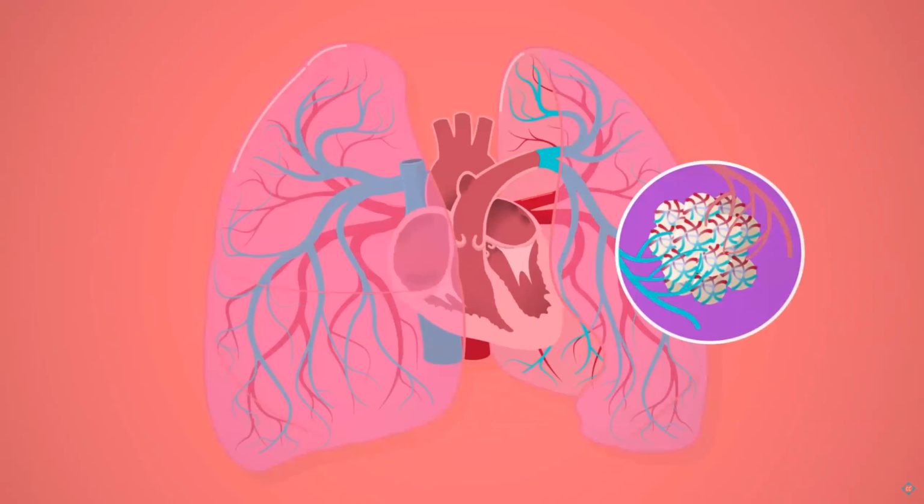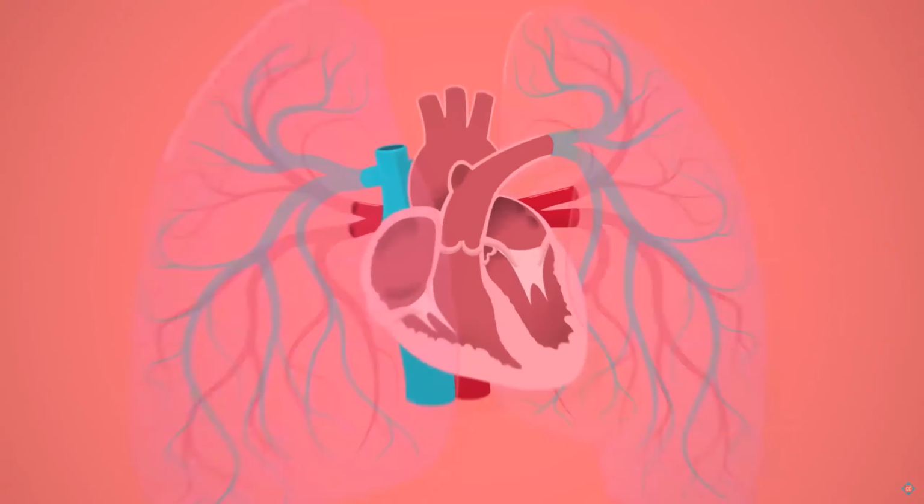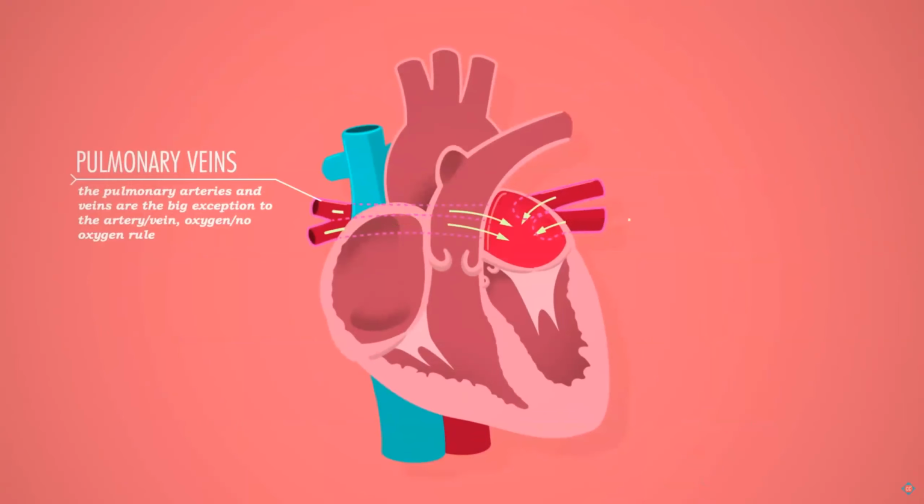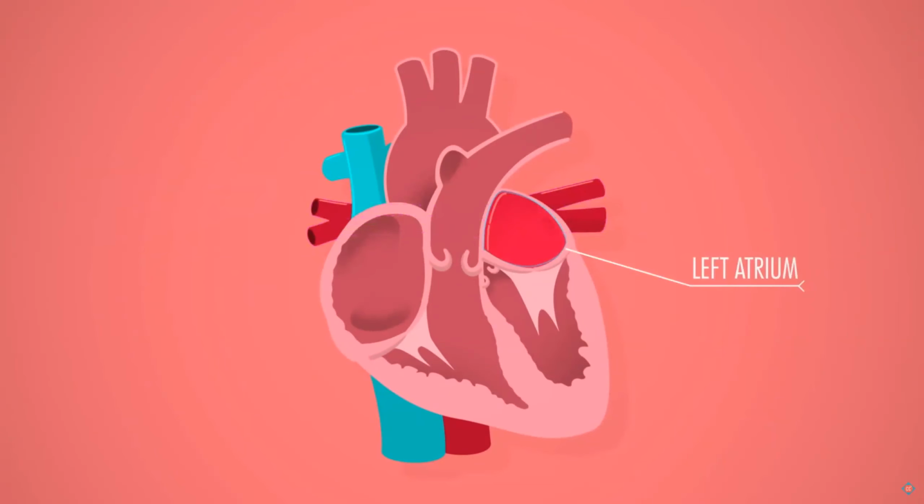It finds its way into very small, thin-walled capillaries, which allow materials to move in and out of the bloodstream. In the case of the lungs, oxygen moves in and carbon dioxide moves out. The blood then circles back to the heart by way of 4 pulmonary veins, where it keeps moving to the area of lowest pressure, because that is what fluids do, and in this case, that's the inside of the relaxed left atrium. Then the atrium contracts, which increases the pressure, so the blood passes down through the mitral valve into